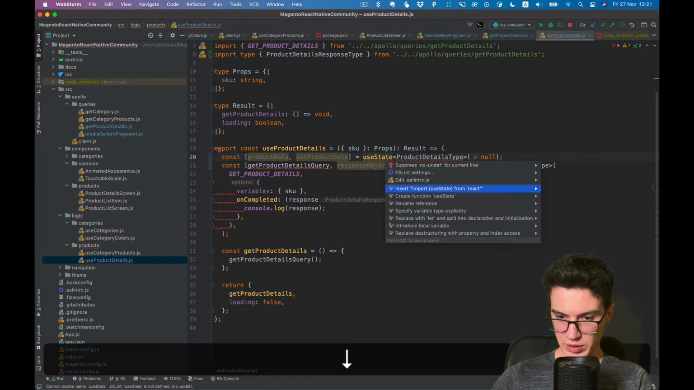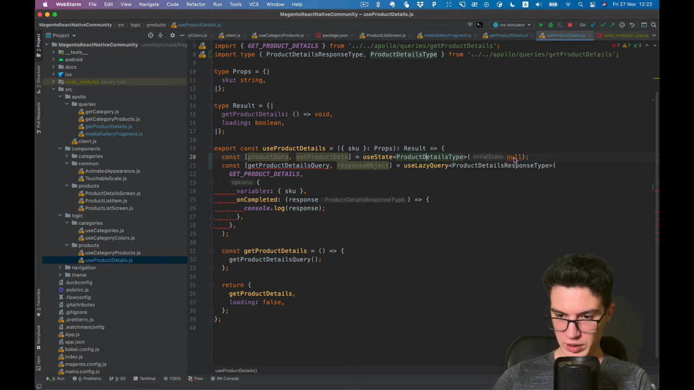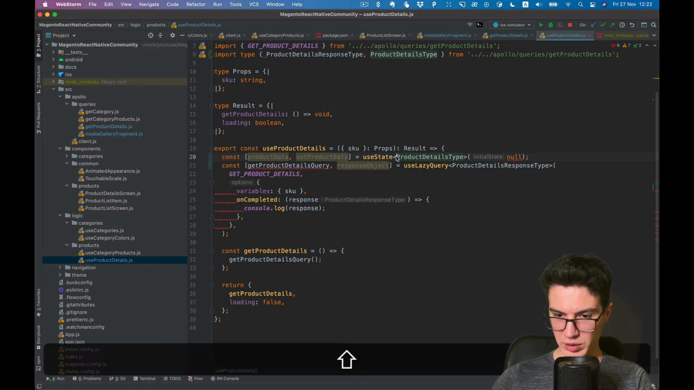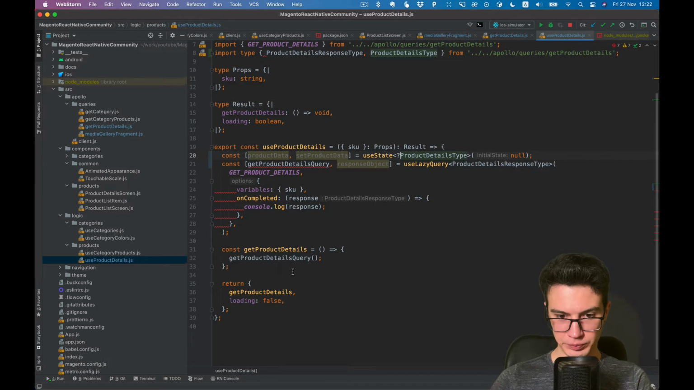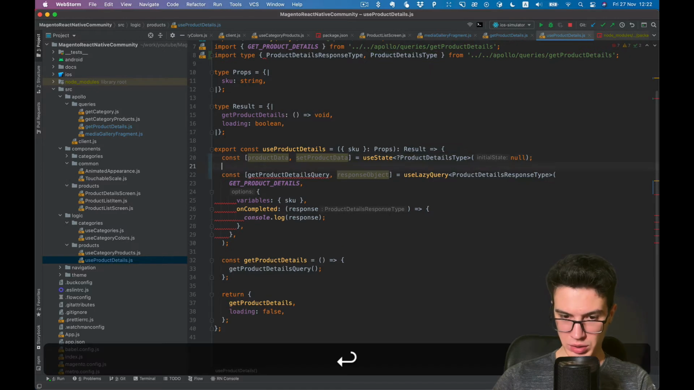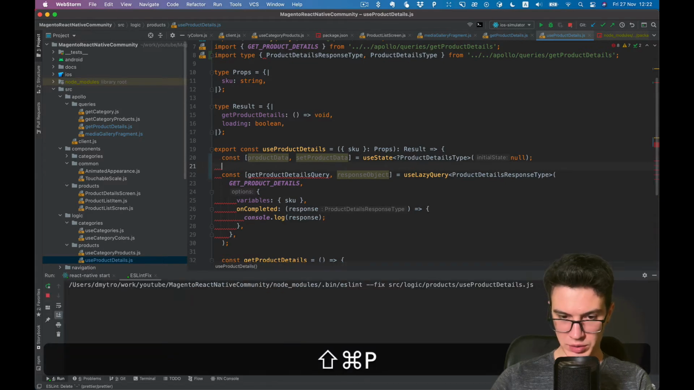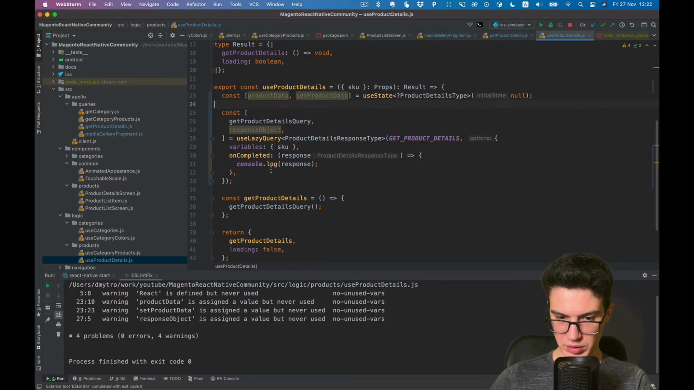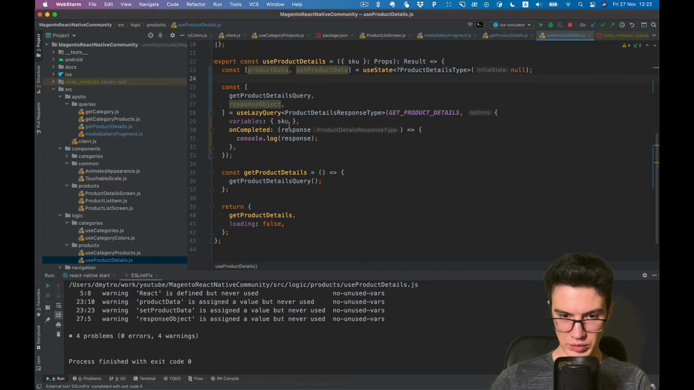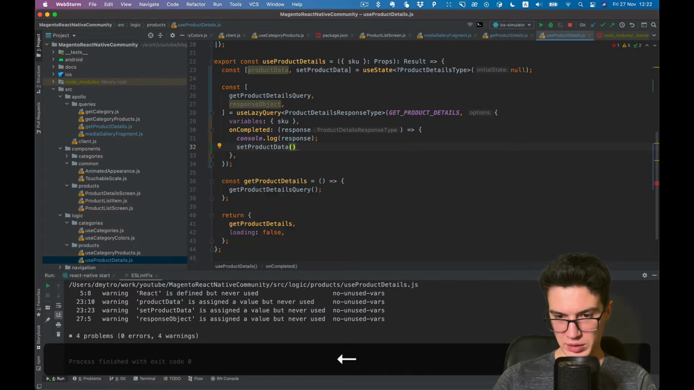Let's import useState and import product details type. Since it's null, it shows error. It should be optional type here. Okay, some ESLint errors. Reformat it with Prettier, and let's set product data as